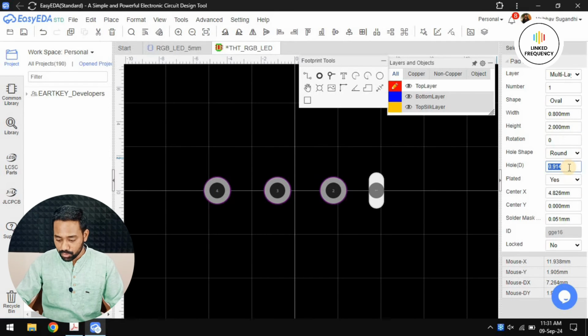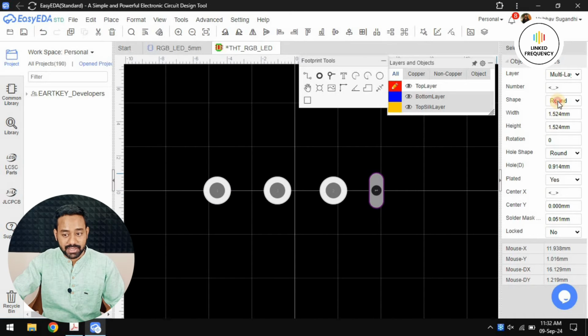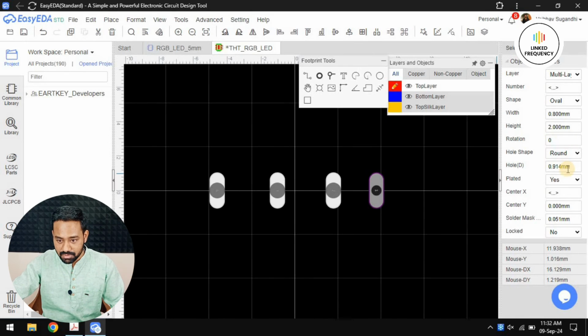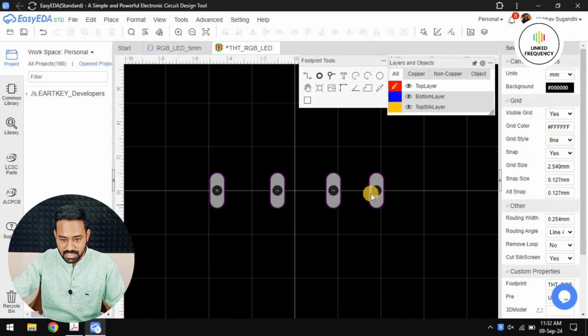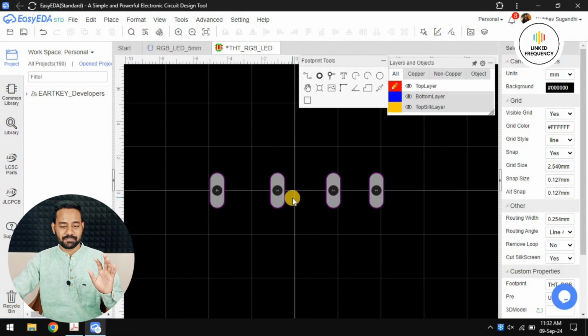And then the drill hole as 0.6 mm, because 0.5 mm is what they are mentioning, and a tolerance of 0.1 mm is sufficient. I'll just do it similarly for all of them. I can select all of them and make the change at a time. 0.8 mm is the width, height is 2 mm, and the drill hole is going to be 0.6 mm. Done with this. So now the first part is, we know the distance from one pin to another pin